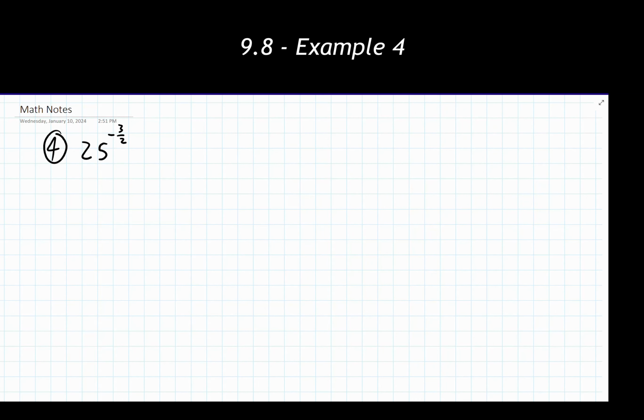Our fourth example is where we start to see the negative exponent show up. And so for this example, I say we start with dealing with that right off the bat. Now remembering our property for a negative exponent, that says it takes the base, whatever that is, and it moves it from where it is in the fraction to the opposite spot. So this 25 is currently in the numerator of a fraction. So I need to move it to the denominator of a fraction, which means this thing is going to get rewritten as 1 over 25 to the 3 over 2 power.